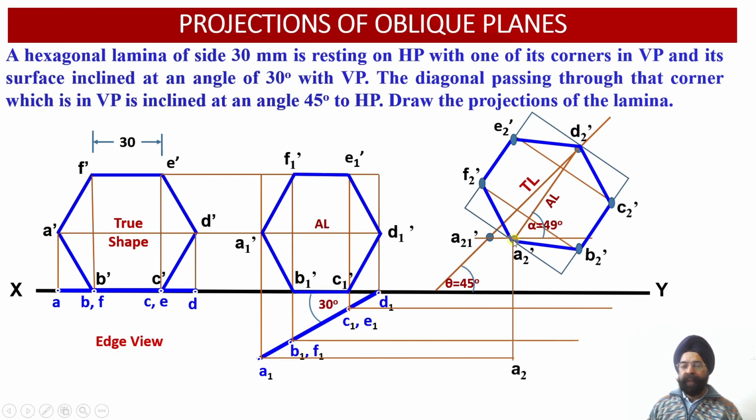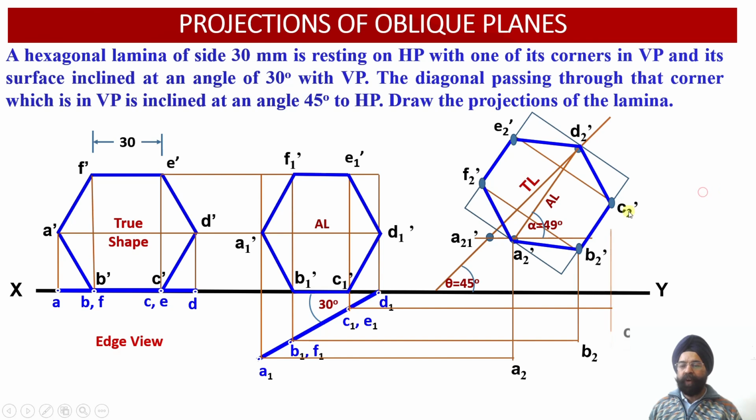Now we can see we have drawn a vertical projector line through the point A2 dash in the front view. So this vertical projector will be extended into the top view projections till it intersects with the horizontal projector line which has been drawn through the point A1 over here. So this intersection of these two mutually perpendicular projection lines will provide us with the location of the point A2. Similarly, from B2 dash, we have drawn a vertical projector downwards and extended it up to the limit where it is going to intersect with the horizontal projector which has been drawn through the point B1 of the